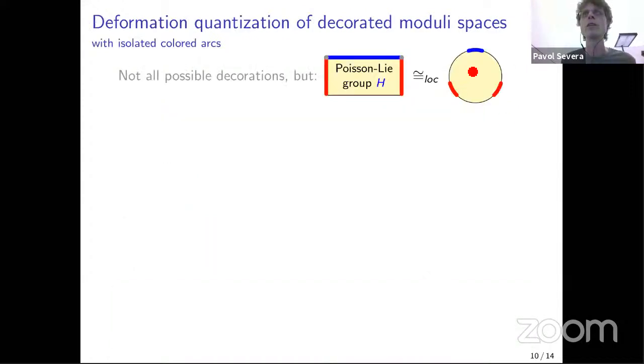If you want to know how exactly they are locally diffeomorphic, just cut off corners from this rectangle, just those two upper corners, and you will get this picture. And so each time you have a flat connection on this guy, it will restrict to a flat connection on the thing which is obtained by cutting those two corners. So this gives you a map from the moduli space to the moduli space. And yeah, if you want true equality, what is needed is that every element of G should be decomposed in a unique way as a product of an element of H and H prime. If it doesn't happen, then we only have this local diffeomorphism.